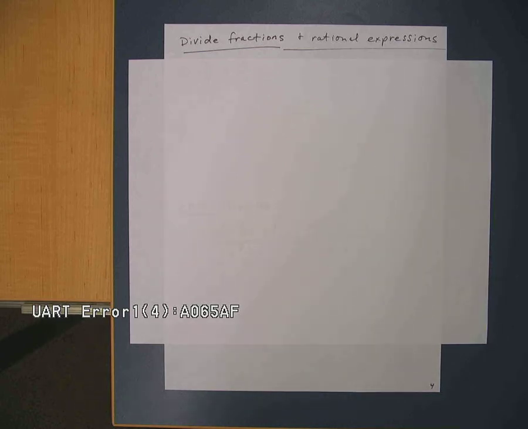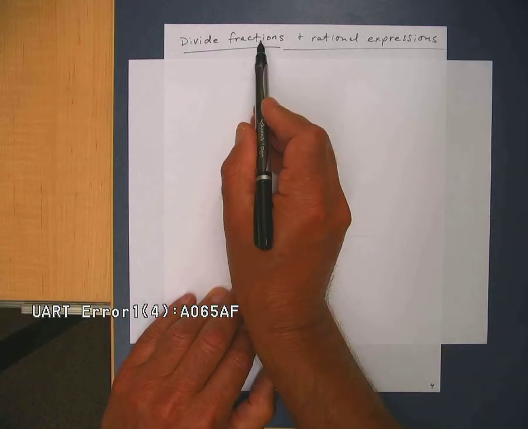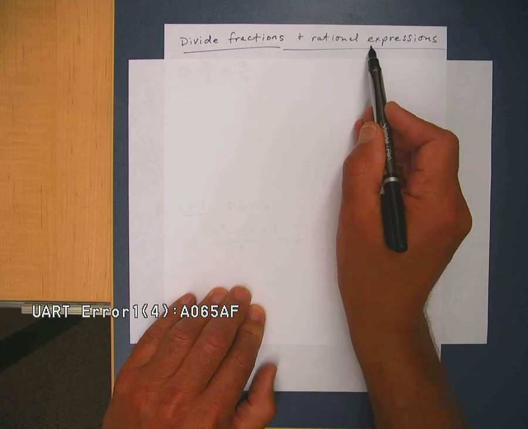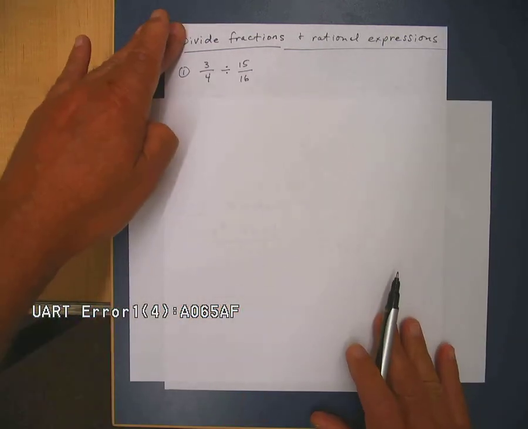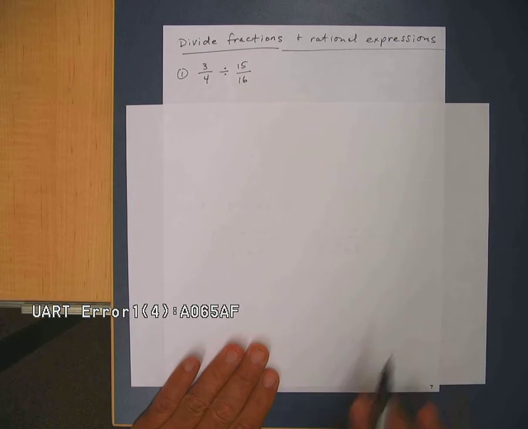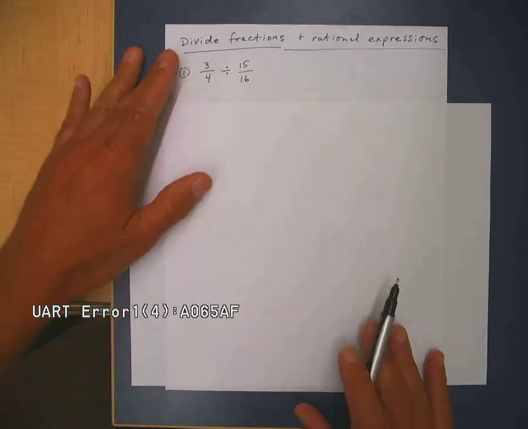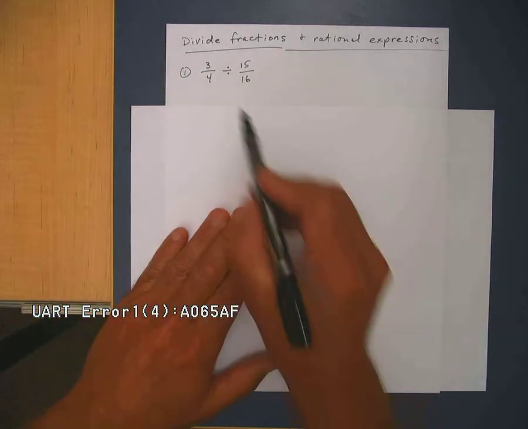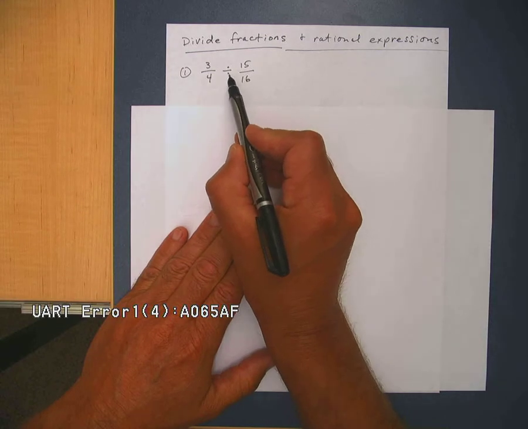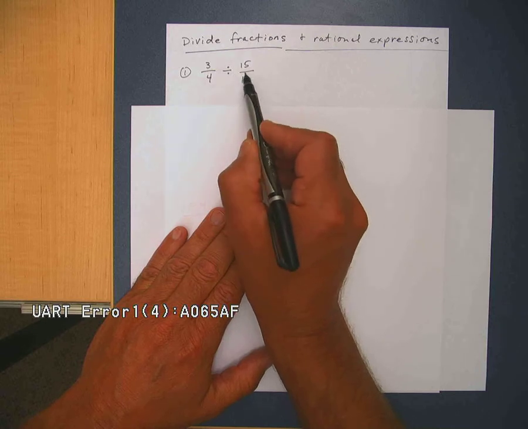The next example I want to look at involves dividing rational expressions. We'll start with dividing fractions using the same method we'll use with rational expressions and then extend it to rational expressions. So let's take 3/4 divided by 15/16. When it's written like this, you've been taught, and this is a good way to think about it, when you have one fraction divided by another fraction, we can multiply by the second fraction, or the one that we're